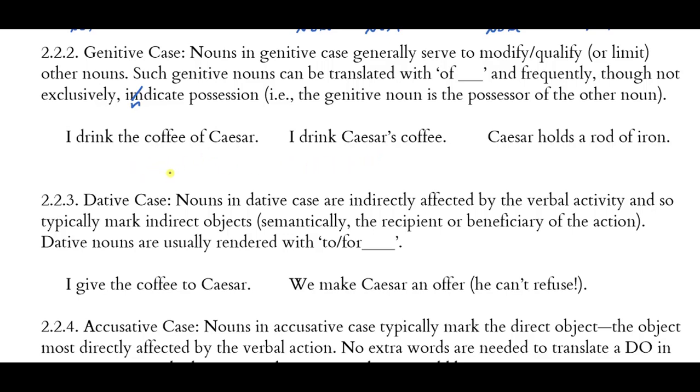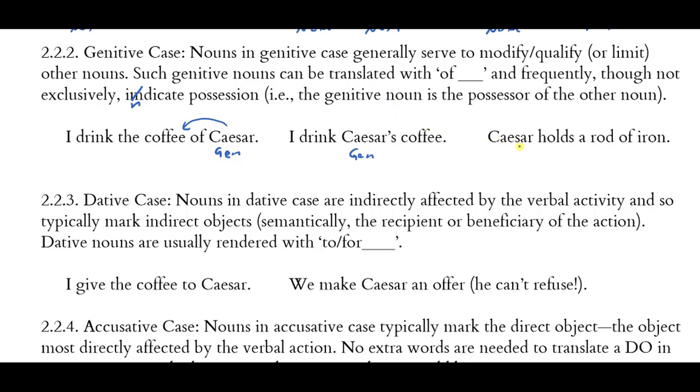I drink the coffee of Caesar. So in Latin, this would be the word coffee with the word Caesar next to it. And the word of wouldn't be here in Latin, but Caesar would be in the genitive case. And so that would indicate a relationship to the coffee that I drank, that it is the coffee belonging to Caesar, the coffee of Caesar. A second way to translate such a Latin sentence would be to make the genitive noun possessive form in English. I drink Caesar's coffee. So these 2 English sentences could reflect the same Latin sentence with Caesar in genitive case. And then thirdly,